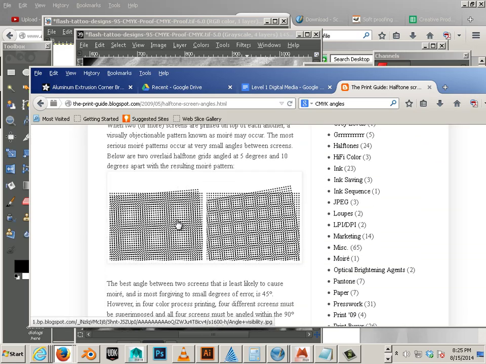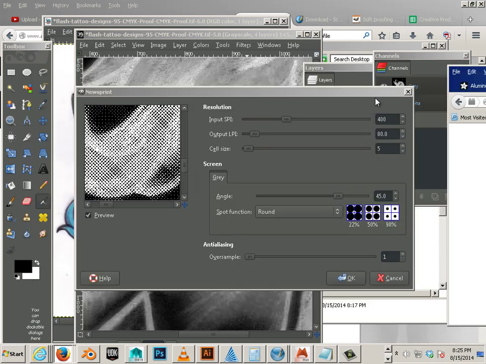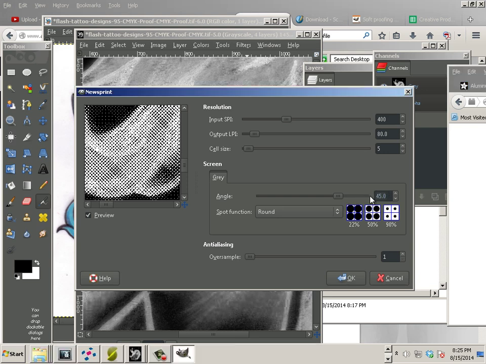And here is the angles right here. Magenta, black, cyan, yellow. So what you do is C is your first layer. Okay, so cyan. And cyan is at 15. So remember 5 and remember 15.